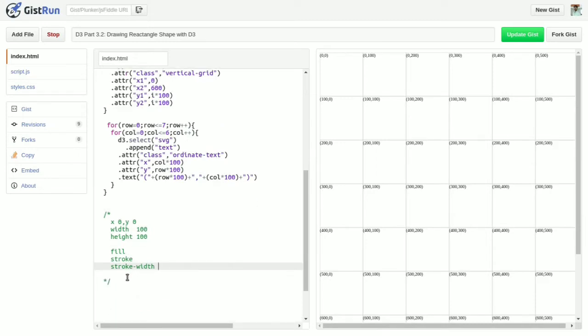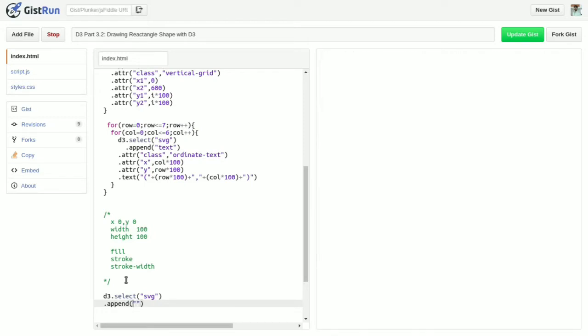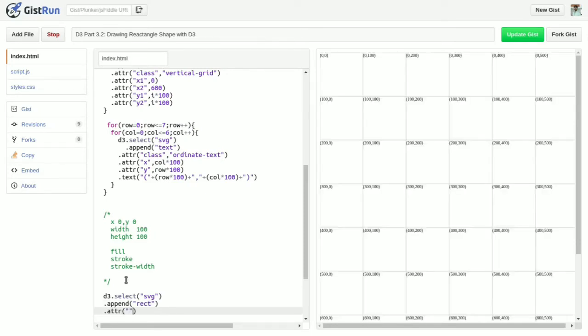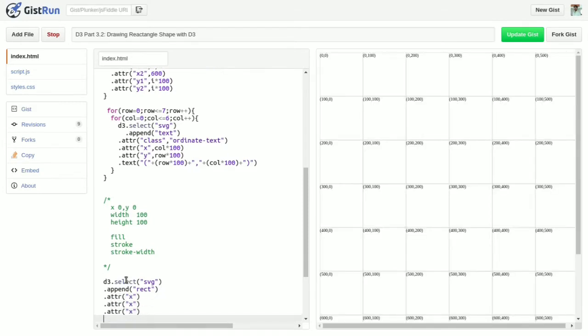Now I will start explaining using the practical, if I want to append one square in this SVG, using the attributes we understood above. So what will I do? I just select the SVG, then append rect. Now for this rect, the important attributes are x, y, width, height.